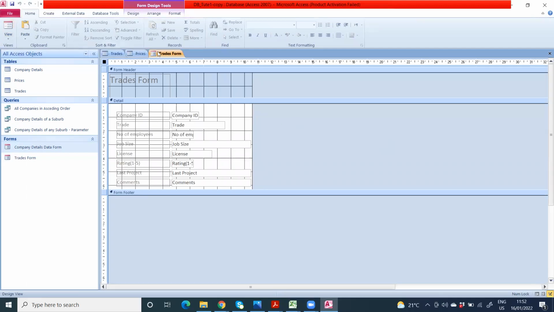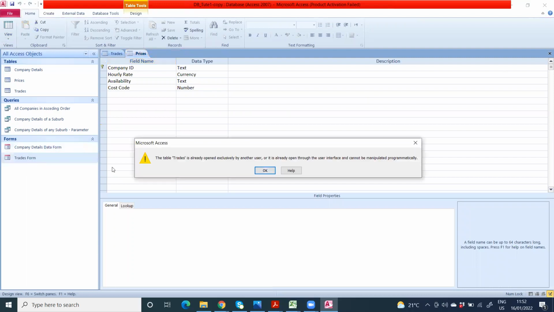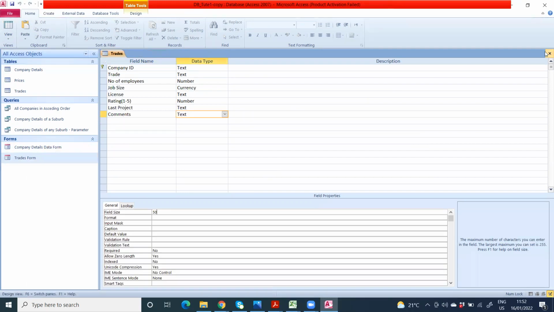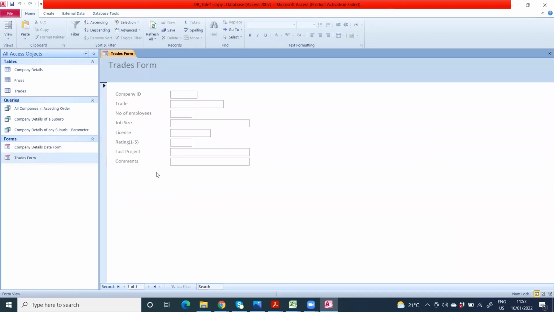So let's change the name of the form. Right, so this is our table form. Using this table form, we can feed data into this table. Right, I'll leave it for you to complete this table, but then I'm going to create